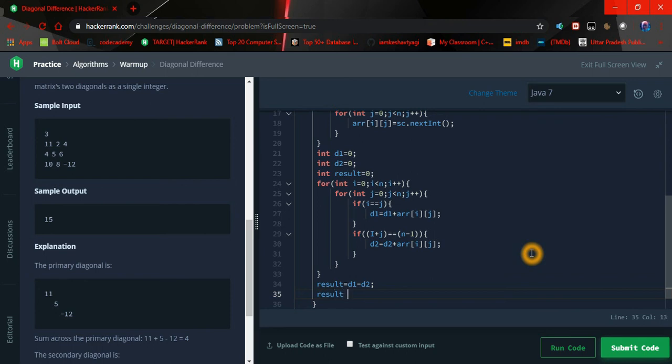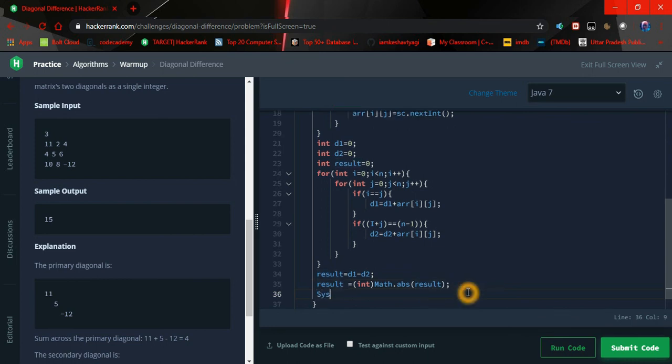So I'm going to use the inbuilt function, which is Math.abs, and I'm going to pass the variable result in that. And one more thing I have to do, I have to typecast here to int type. Now if the value of result is negative, then this function, which is in the Math class, will convert it into a positive one.